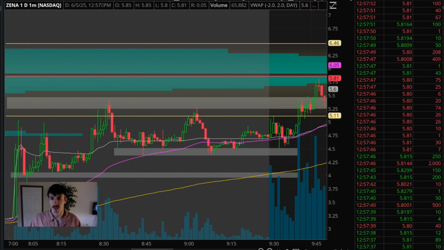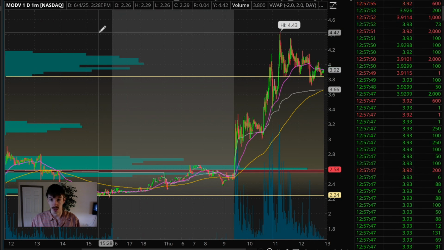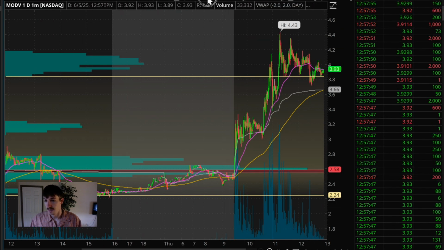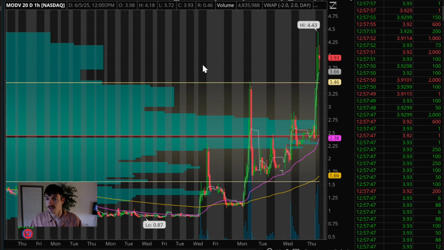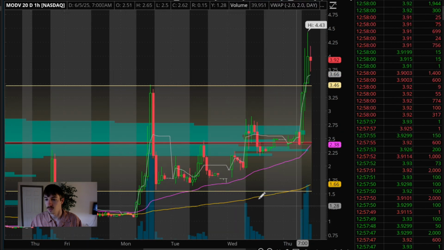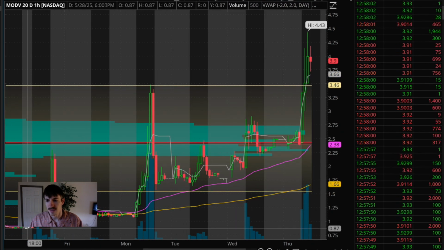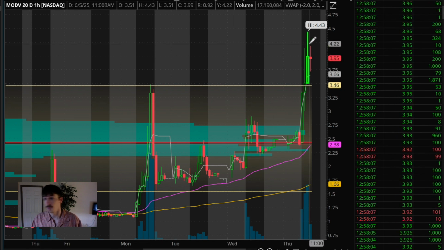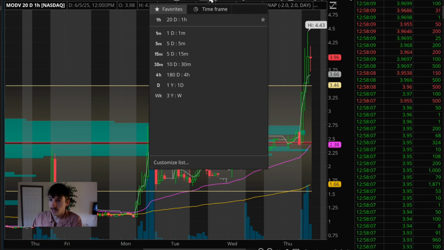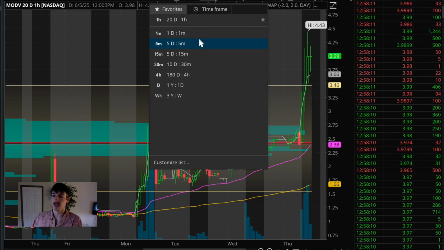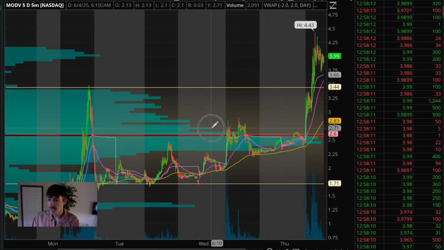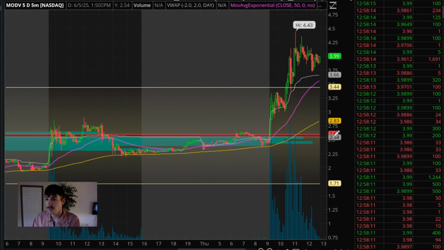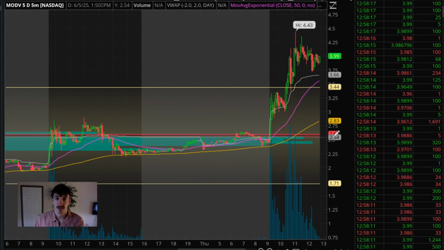Now I want to take another look at an example here, MODV. This has been a multi-day runner. We take a look here at the past week or so. We can see that this has gone from under $1 per share all the way up to a high today of $4.43. So obviously the momentum is to the upside here. Buyers are in control, and this is a stock that you would probably be looking for a long opportunity to